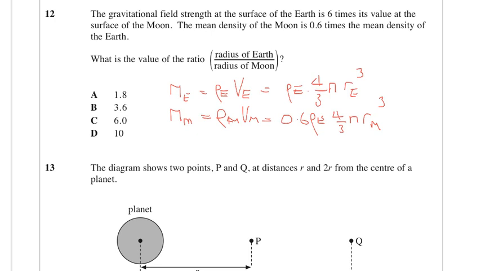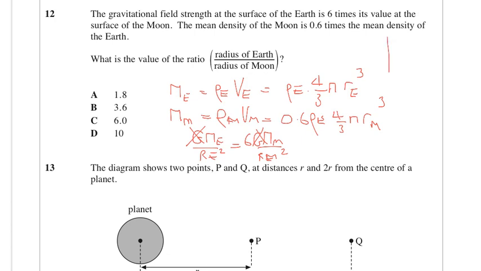And so we can match up the field strength. So we know that GM_E over R_E squared is equal to 6 times GM_M over R_M squared. So we can cancel the G's,